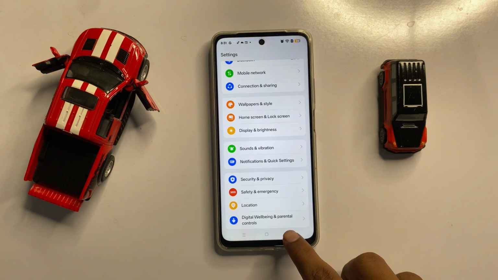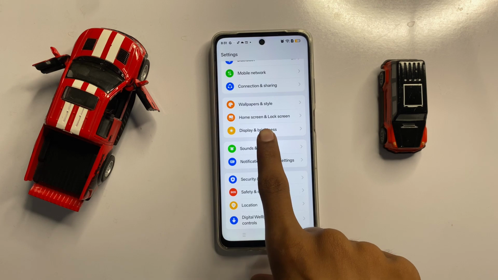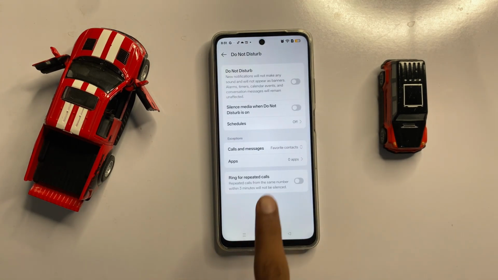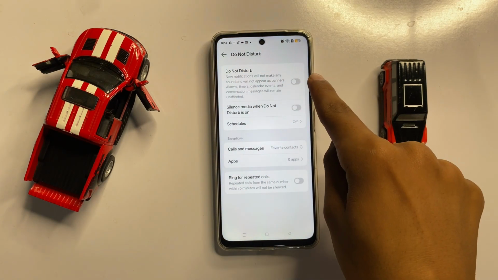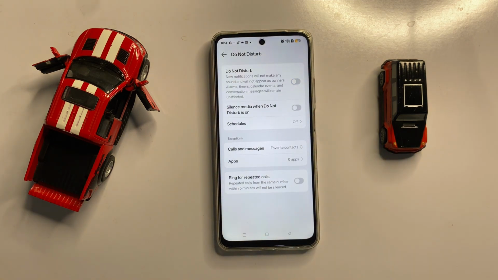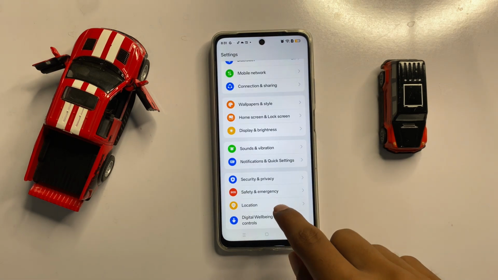After that, go back to the main page of your settings and click on sounds and vibration. Now click on do not disturb and here you can check your do not disturb. If you turn on your do not disturb, then turn it off. After turning off your do not disturb, then go back to the main page of your settings and scroll down